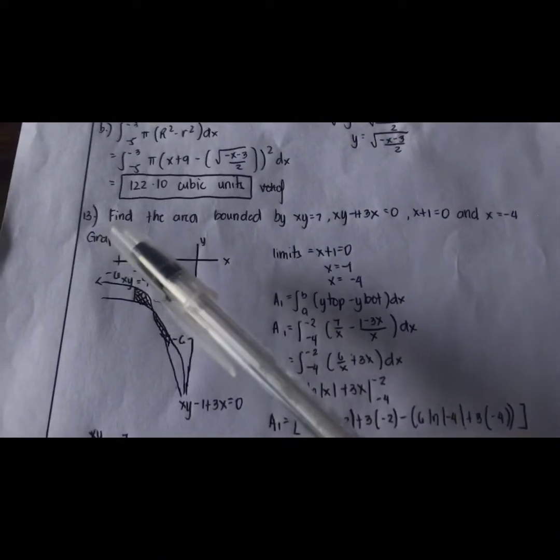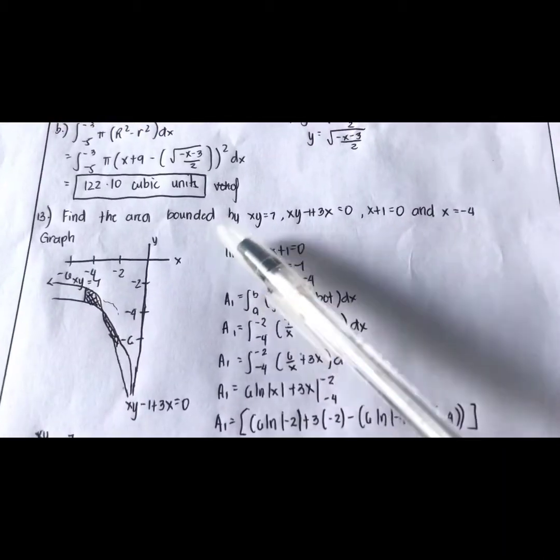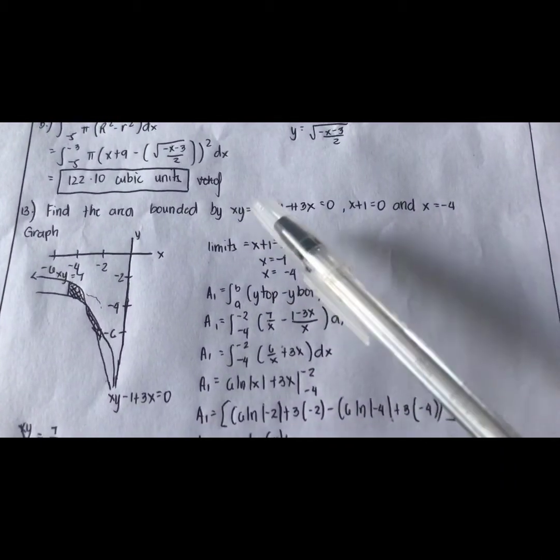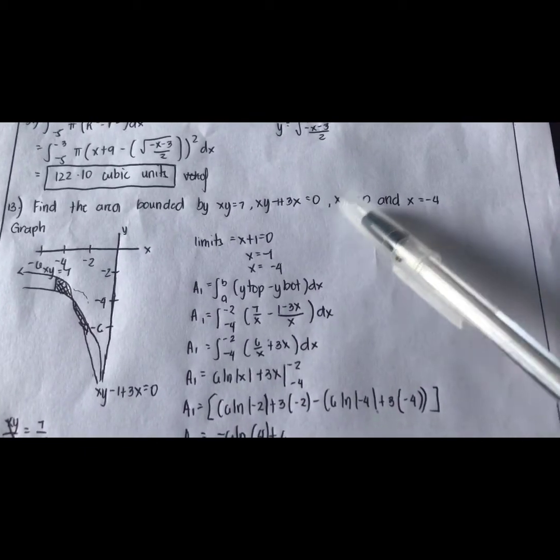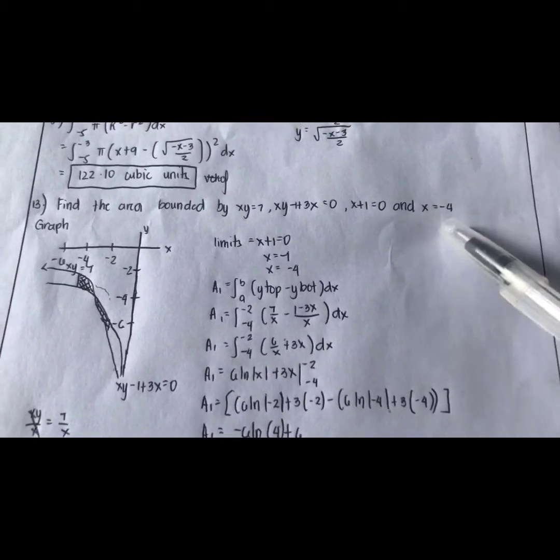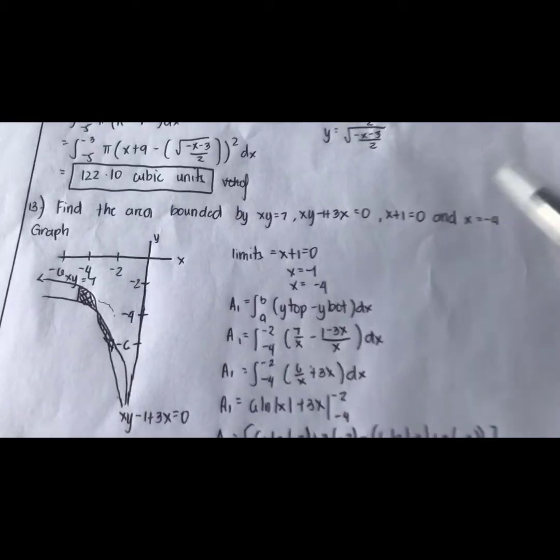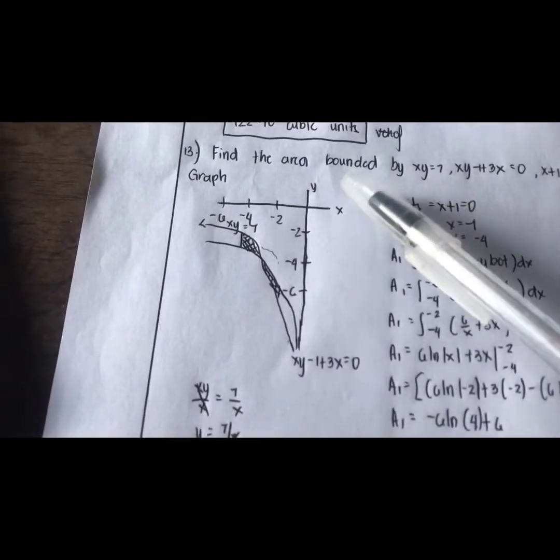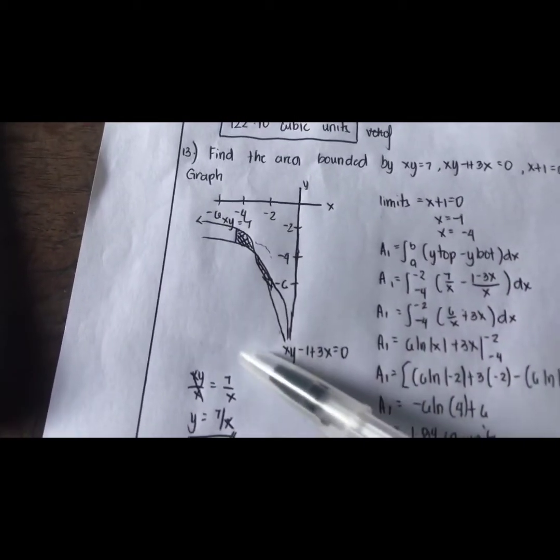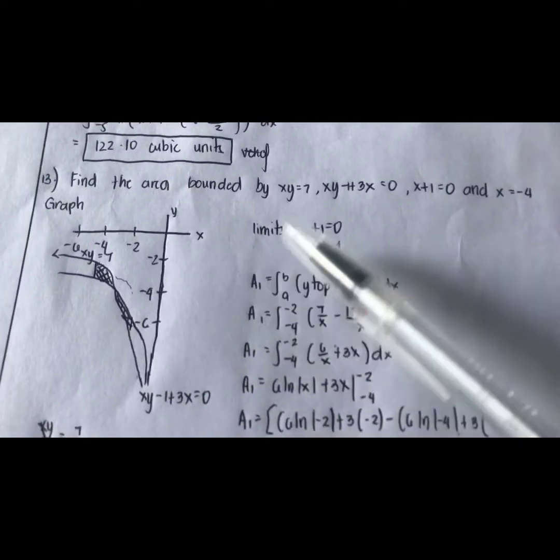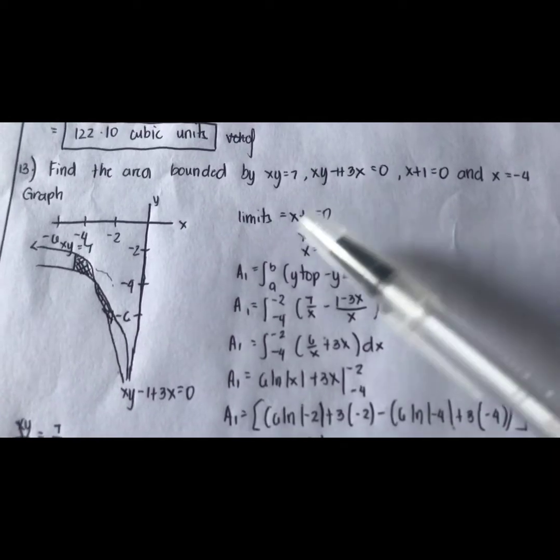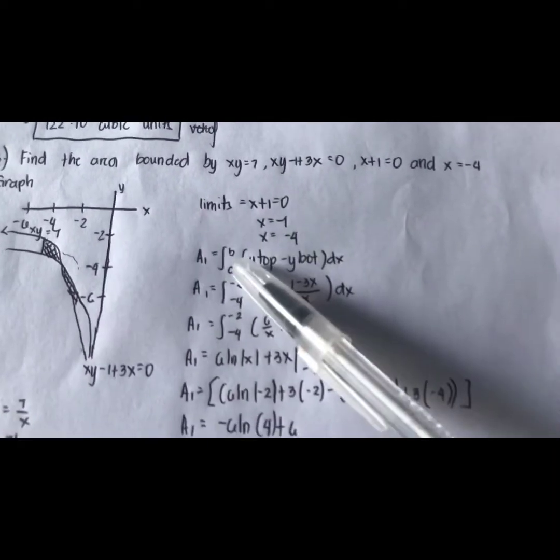Problem number 13. Find the area bounded by xy is equal to 7, xy minus 1 plus 3x is equal to 0, x plus 1 is equal to 0, and x is equal to negative 4. So if we graph the equation, the graph will look like this. Now, the first thing that we're going to do is to find its limits. So, x plus 1 is equal to 0, therefore, x is equal to negative 1, and